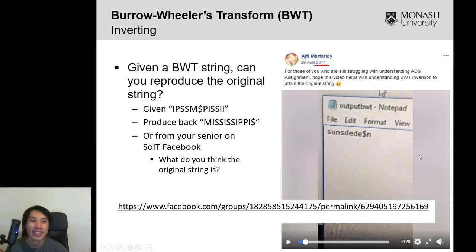As I mentioned, if it was an assignment last time, you can click on the link itself. And what it has is actually the message here. So in other words, the BWT of cats equals